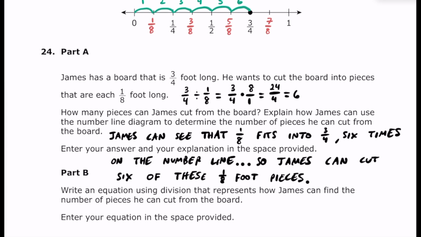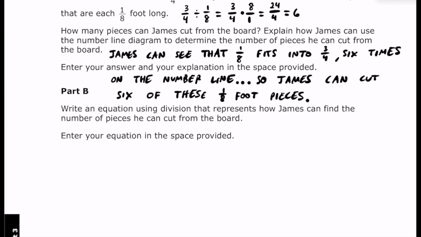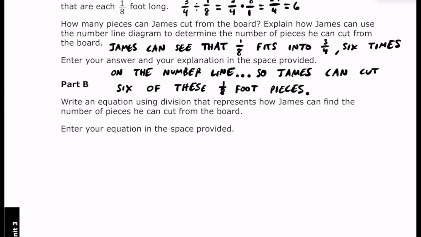Now, I kind of already did this earlier, but for part B, it says write an equation using division that represents how James can find the number of pieces. This is really just wanting to see the connection here. The whole idea is to prove that you understand how the number line connects with the equation, and that if something is fitting into something else, it's division. So you can write an equation that looks like this, where the 3/4 is the whole thing,